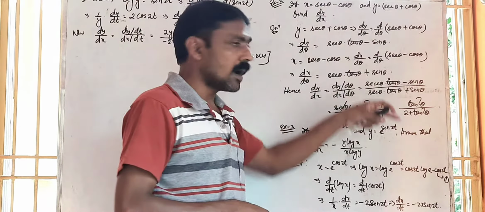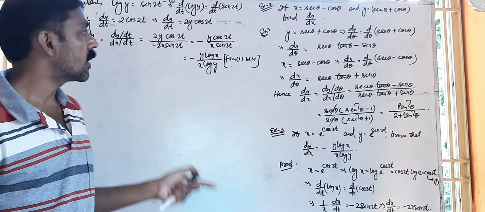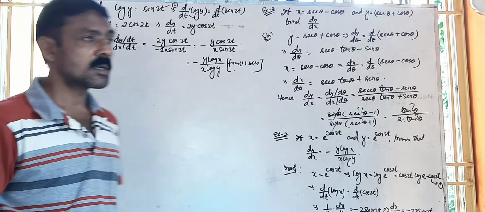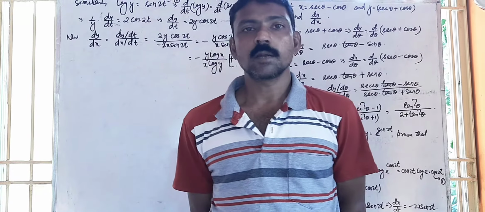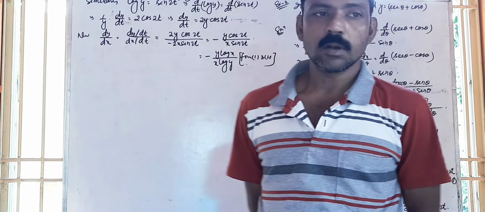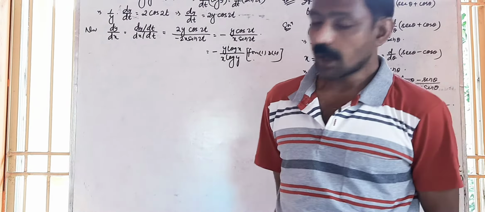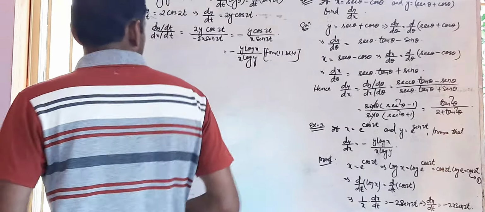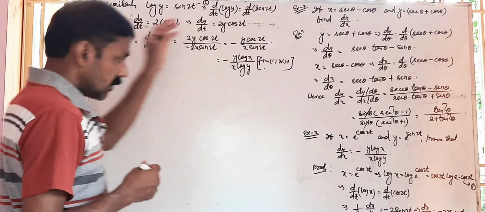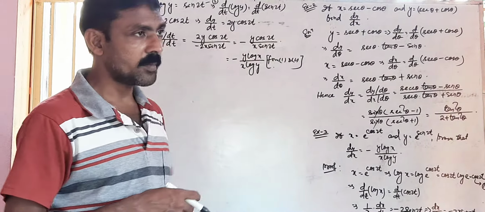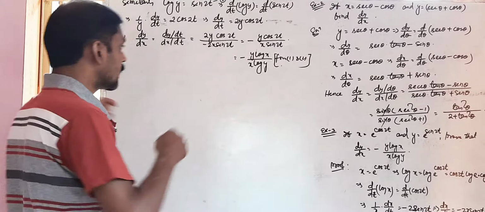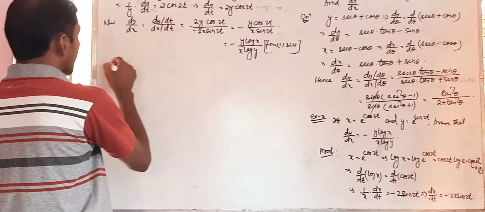Now I think you will not face so much difficulty in this parametric form. You only find the derivative of both x and y with respect to the given variable and divide. Based on this you will solve the exercise 5.6 parametric. Along with this, another topic is that we will discover the derivative.